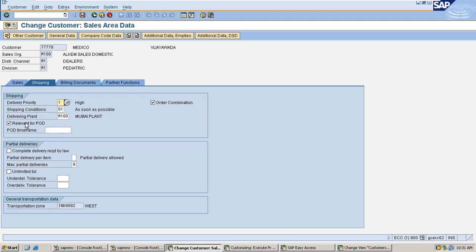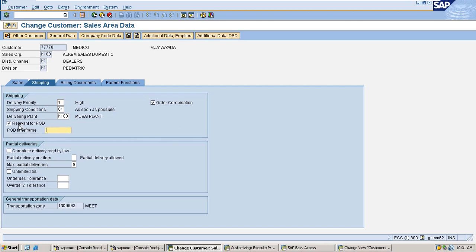And here, if we check this one, then we have to give the POD time frame also. If you mention some number of days here, and the customer fails to send the acknowledgement within the time frame, then the system will allow creating the invoice to the customer for the total quantity which was delivered.